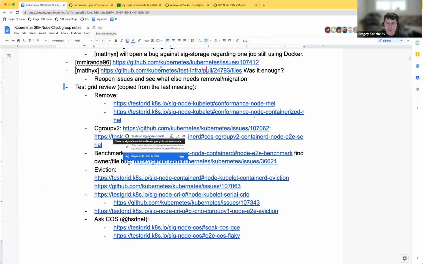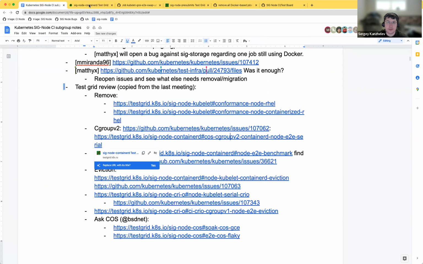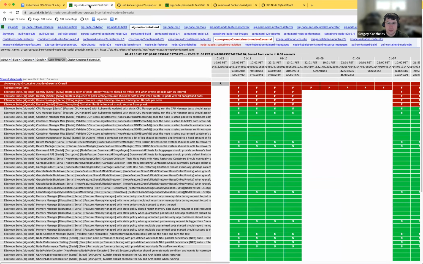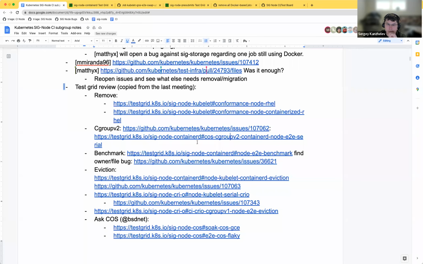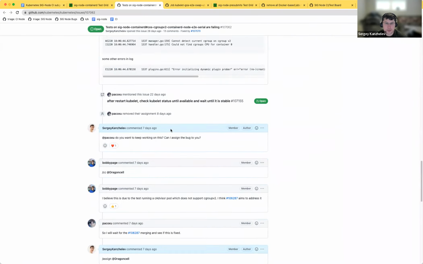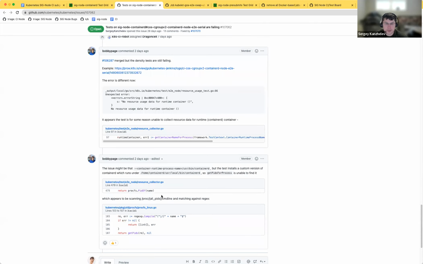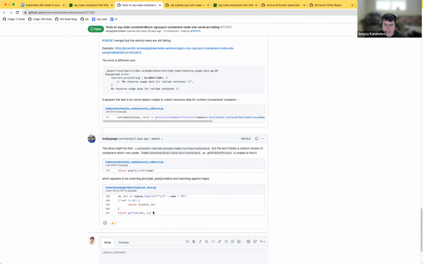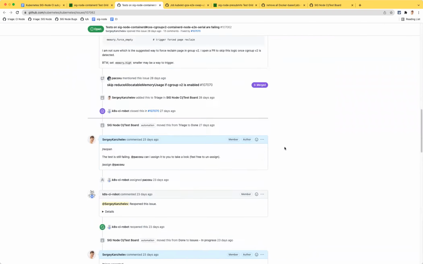cgroup v2, what was happening there? I think we updated cAdvisor, but it's still failing. David, you made a comment here. Yeah, I'm taking a look into this one. I have a possible idea on what's wrong, but still debugging it. Okay.